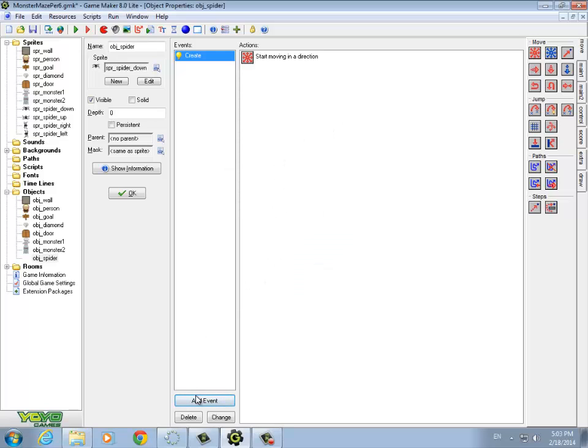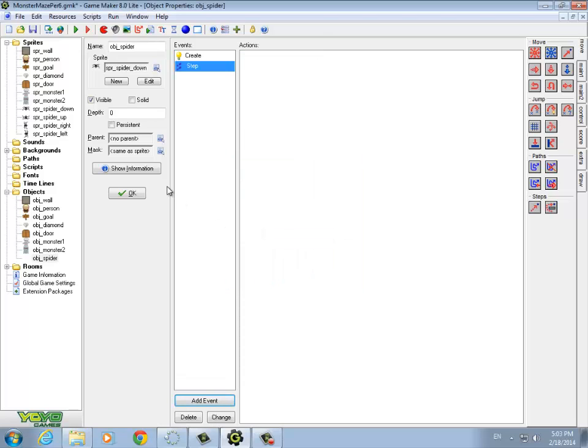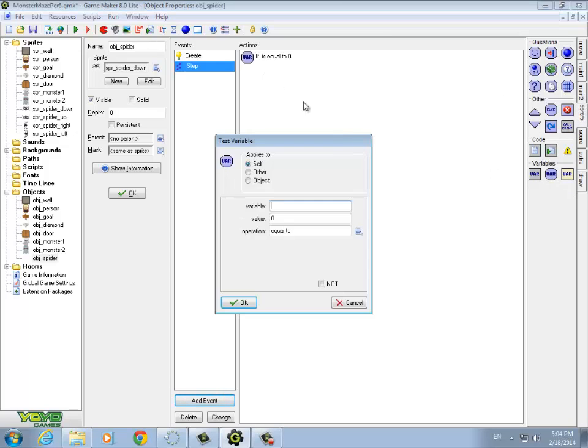Next, we want to say what happens. We've created the sprite. Now we want to get the sprite moving in the correct direction. So if we go to the step event. Now remember, a step event happens every frame. What we want to do is make sure that the animation is going in the right direction. So we have to ask ourselves a question. We go to the Control tab, and we're trying to figure out which direction we're going. Now, direction is set up such that